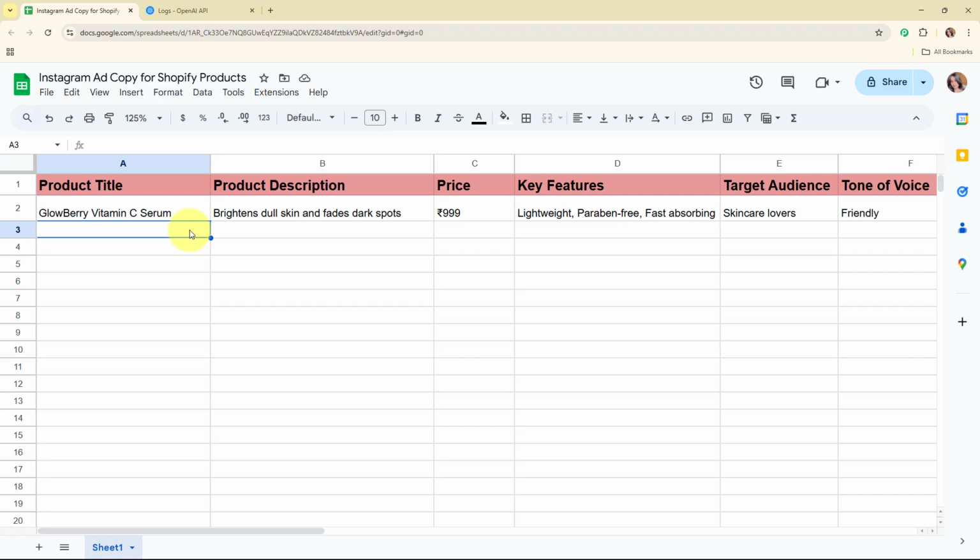For example, whenever I add a new product to my store, the system can automatically generate relevant Instagram captions using AI. This helps me launch ad campaigns faster, stay consistent with the branding, and attract more customers with compelling content, all while saving time. Alright, so here on my screen you can see my Google Sheet that I've already created